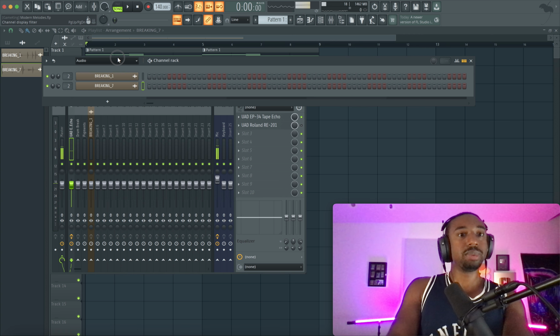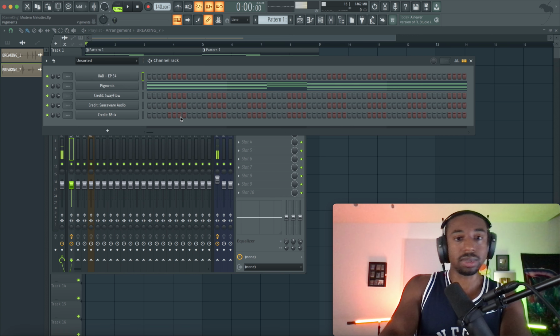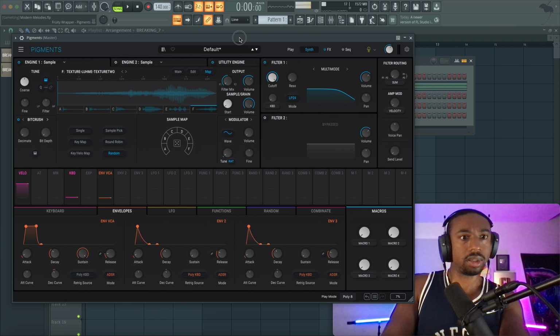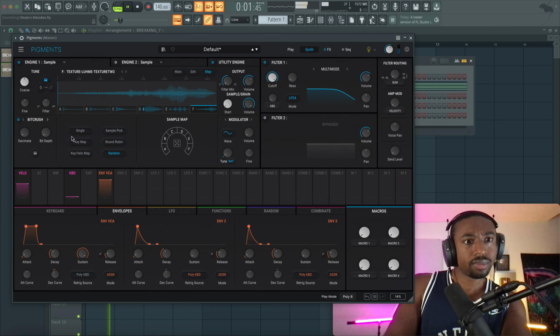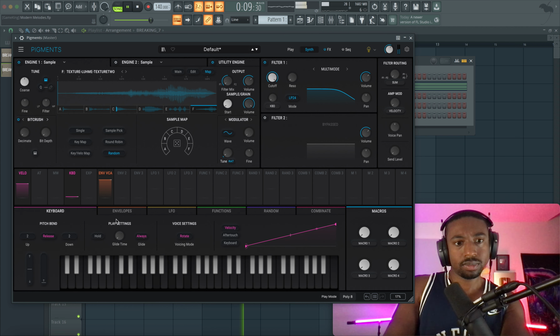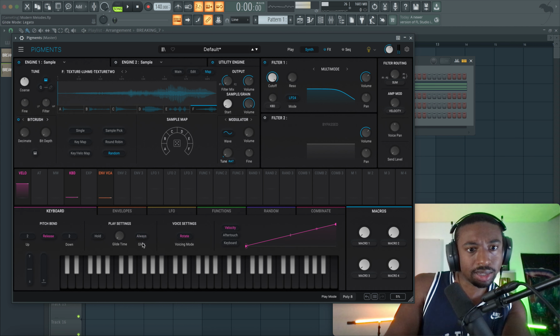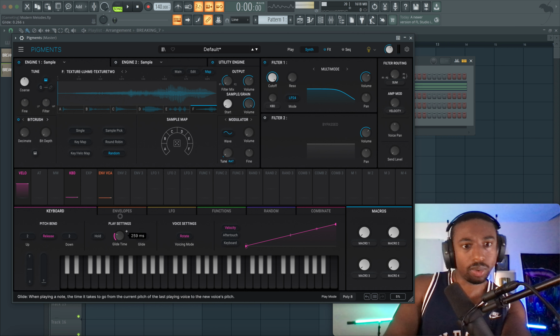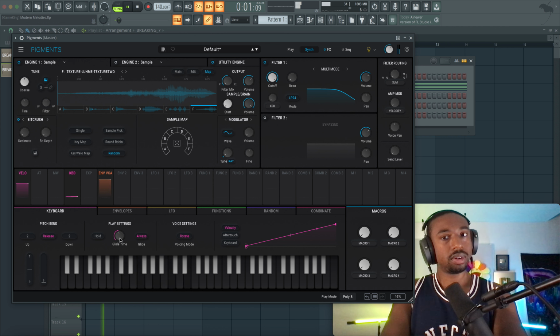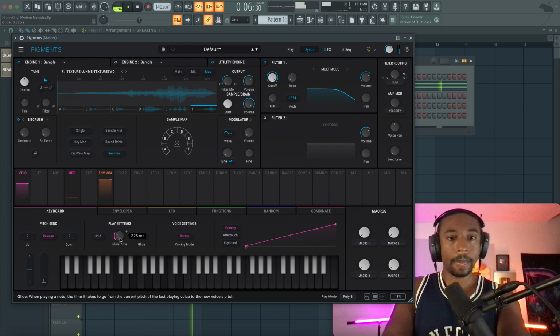Now let's get weird with Pigments. Let's see if we could add some portamento. This might be overdoing it, but let's see if it works. I don't even know. So we have play mode. I'm gonna look around and see if there's portamento. So we have glide time. Now they call it glide. So let's do always glide and turn this up. There we go. Let me exaggerate it so I can hear. Not sure that's adding any detail here.